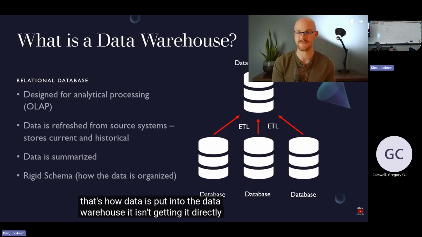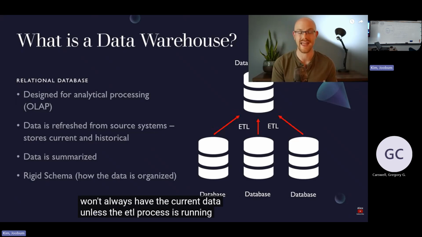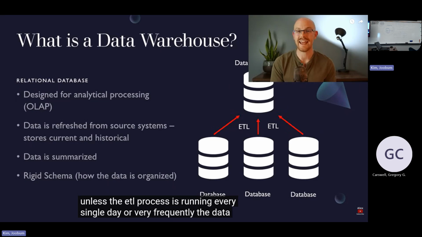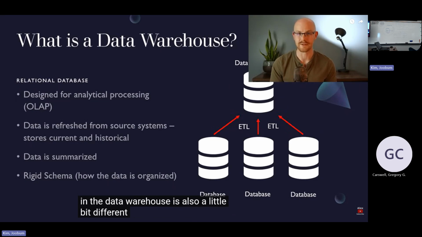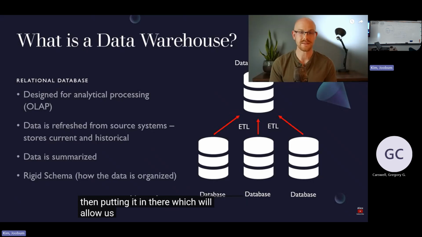And that's how data is put into the data warehouse. It isn't getting it directly from the source, but it's being put into a database, and via the ETL process, it's being updated as it goes or whenever the ETL process runs. A data warehouse will always have the historical data, but it won't always have the current data unless the ETL process is running every single day or very frequently. The data in a data warehouse is also a little bit different because we're doing this ETL process to get the data in there. We're not actually putting every single piece of data or every column and row in there. We're typically summarizing it and then putting it in there, which will allow us to process that data for our analytical purposes